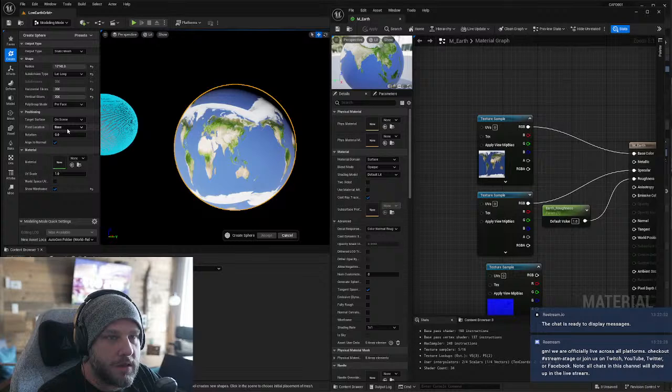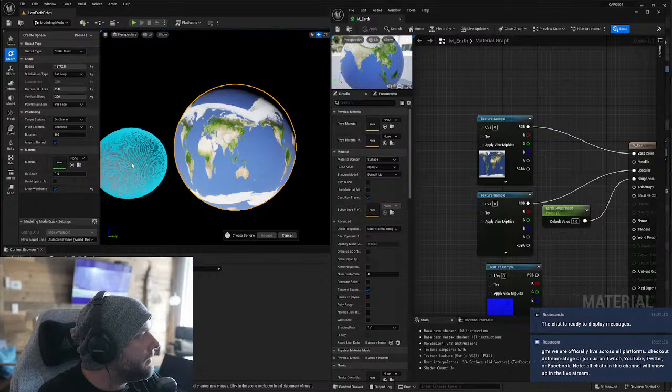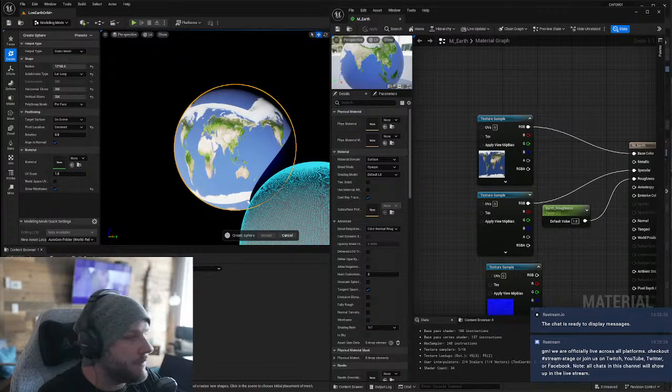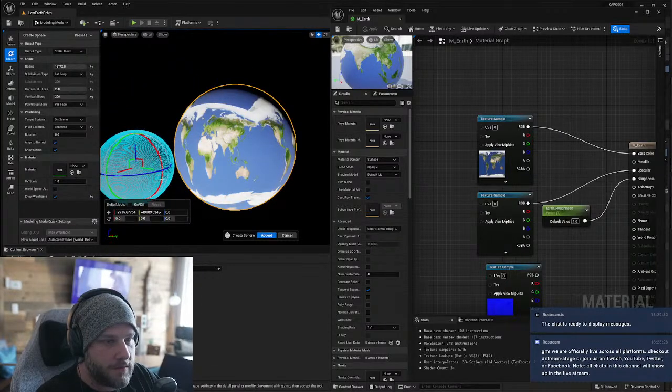Target surface on scene, pivot location. They have it at centered. UV scale, they didn't change. There's really it. They really did nothing. So